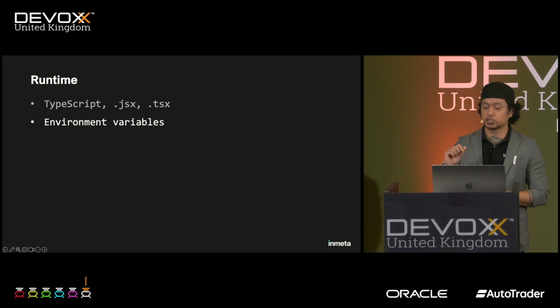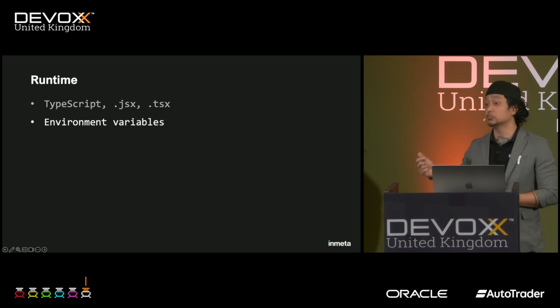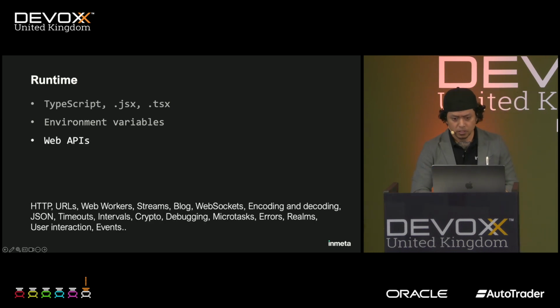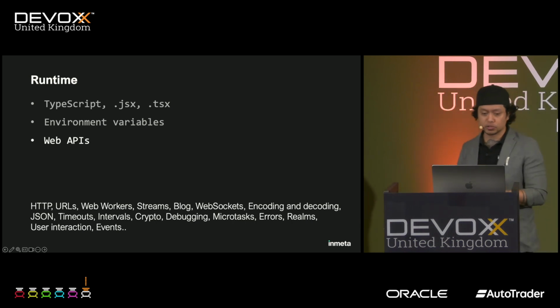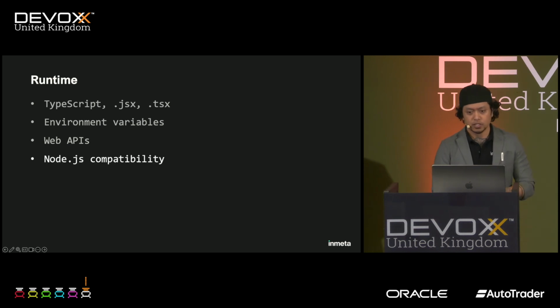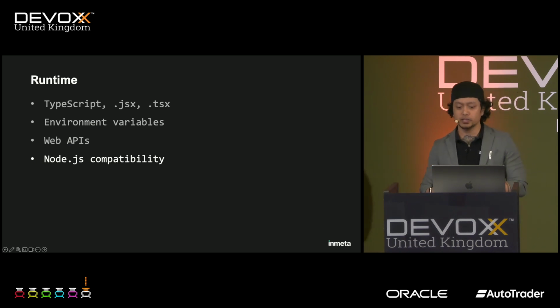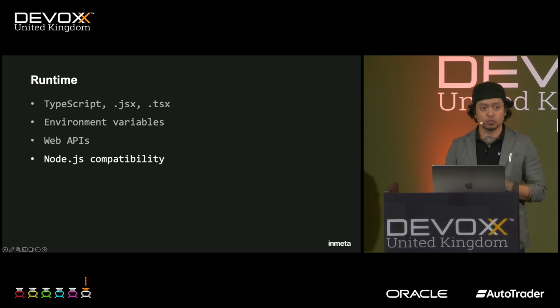A few of the things you can do in Bun's runtime: Bun has the capability to execute TypeScript and TSX files directly, similar to regular JavaScript, without needing any additional setup. Bun automatically processes your env files. No need for any library like dotenv, right? What else? Bun implements web standards that are partially or completely supported, such as HTTP, URLs, web workers, streams, blob, WebSockets, etc. And Bun also strives to fully support the Node.js API, ensuring that most npm packages designed for Node.js work seamlessly with it.